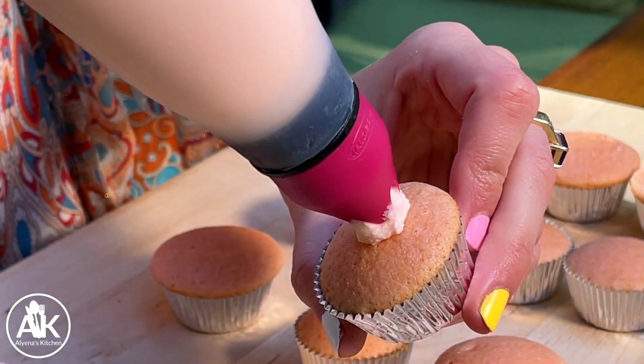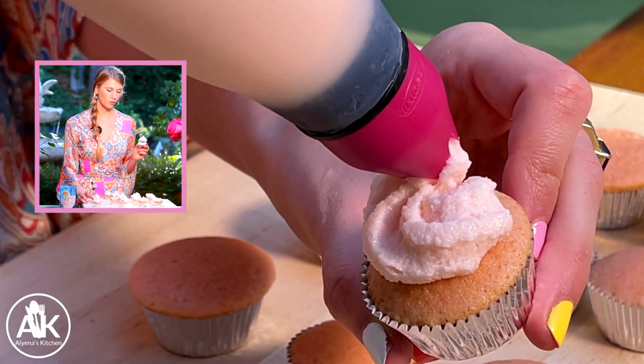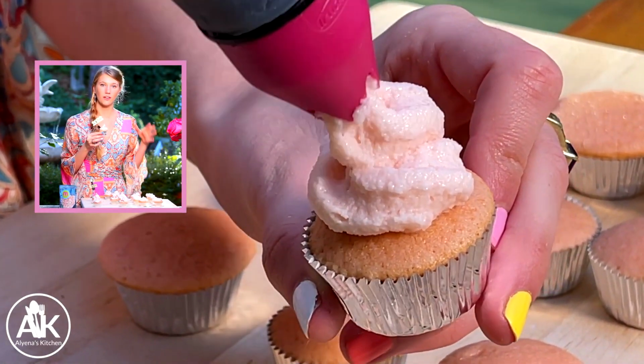And I actually made one batch of mini cupcakes as well as one batch of big cupcakes because we like diversity. And if you're doing big cupcakes, you do want to bake them for a little bit longer, for about 20 minutes, whereas these took only 15. So now it's time to pipe our cupcakes. I really love icing, so I iced my cupcakes and I ran out of it really quickly, so I definitely